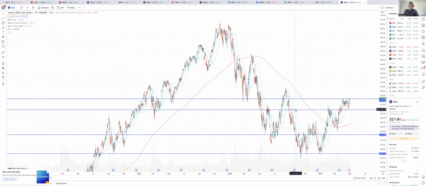And at the end of the day, there's never a perfect time to buy. There's never a perfect time to sell. That's why I like the dollar cost averaging approach, slowly getting in, slowly building up that position over time. Your risk level is much less than if you just put a lump sum in at the same time. And yeah, hopefully that kind of gives you guys a good understanding of what to look for